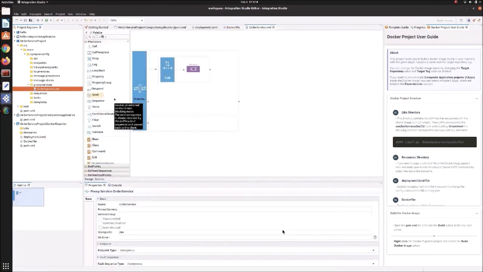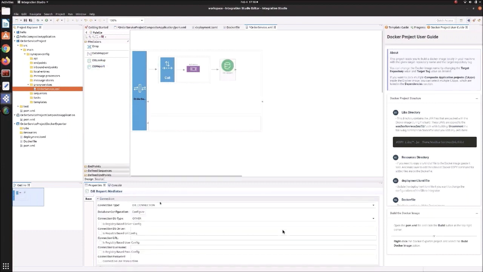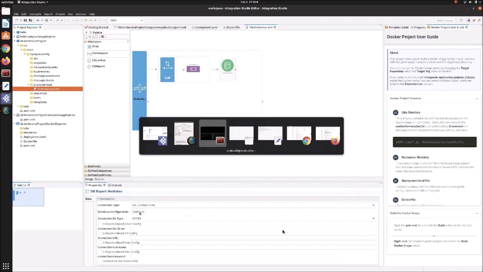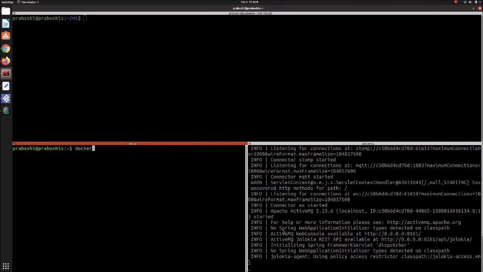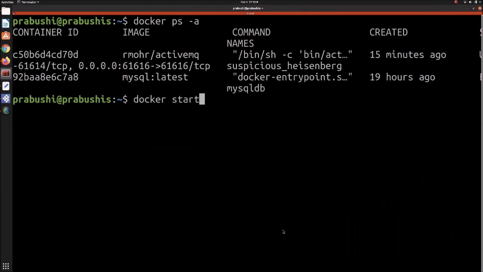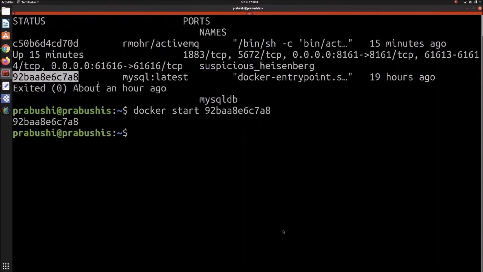So for the next step, we need to send the response to the database. So for that, we will be using the DB report mediator. And for that, let's configure the database using, first, let me start our MySQL container. Let's start the container first. Then if we go inside the container,